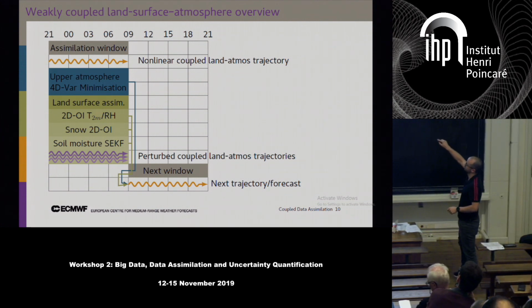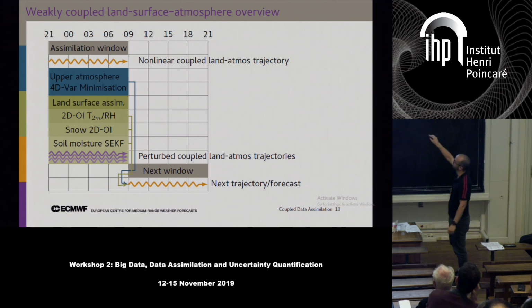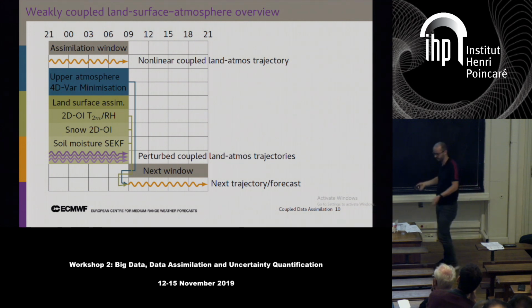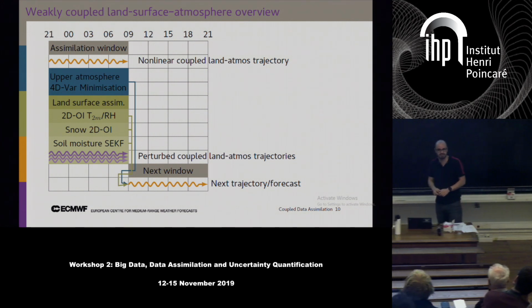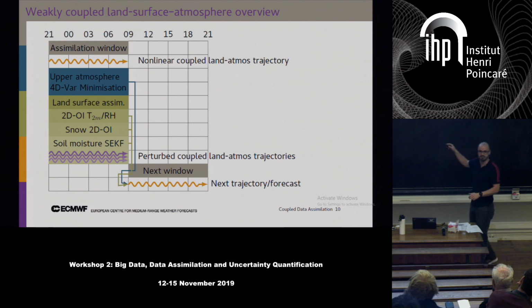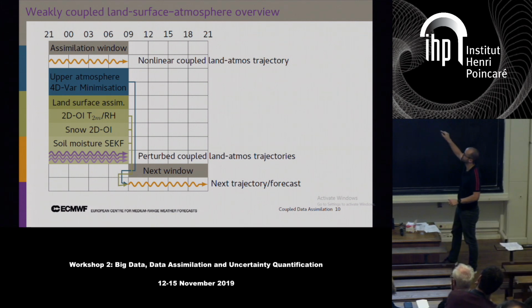The important thing is the results of these analyses go into the next assimilation cycle. They're combined for the next one. So we don't have interaction between the 4D-Var and the land surface during this assimilation window. And in that sense, with these previous definitions of way of thinking about this, this is weakly coupled because the observations here are